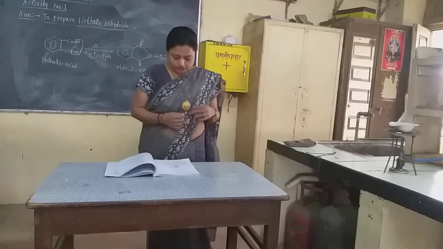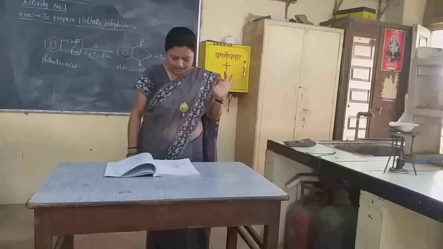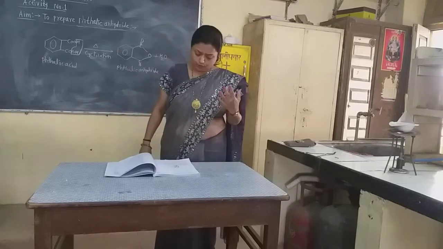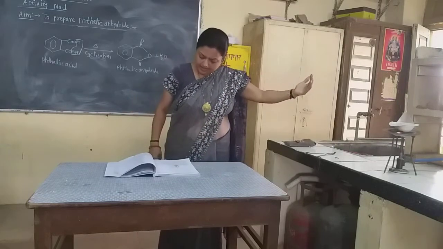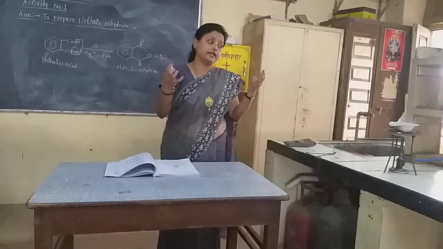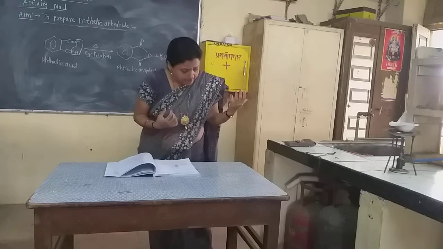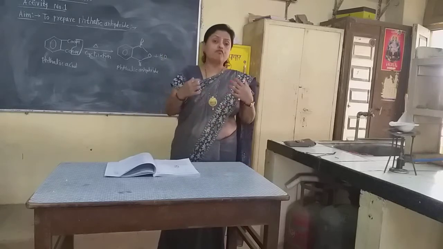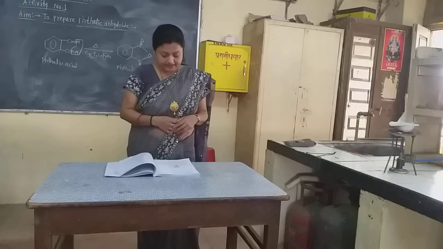Now see, we heat the china dish slowly on a blue flame, carefully, on a low flame. After some time, 3 to 5 minutes, what happened? It sublimes, sublimation starts there, and the phthalic anhydride vapors collect on the inner side. On removing the burner, it cools, and we obtain the white colored needle shaped crystals of phthalic anhydride.